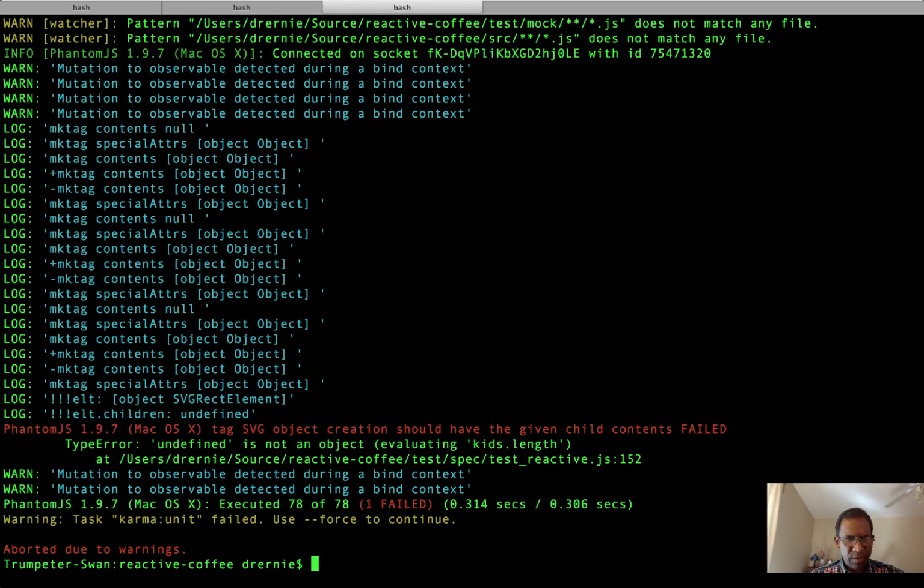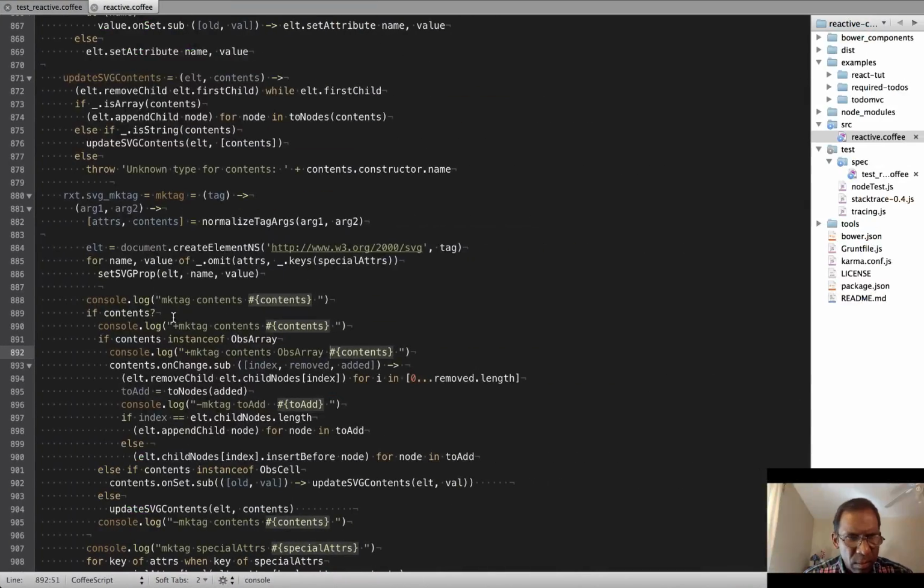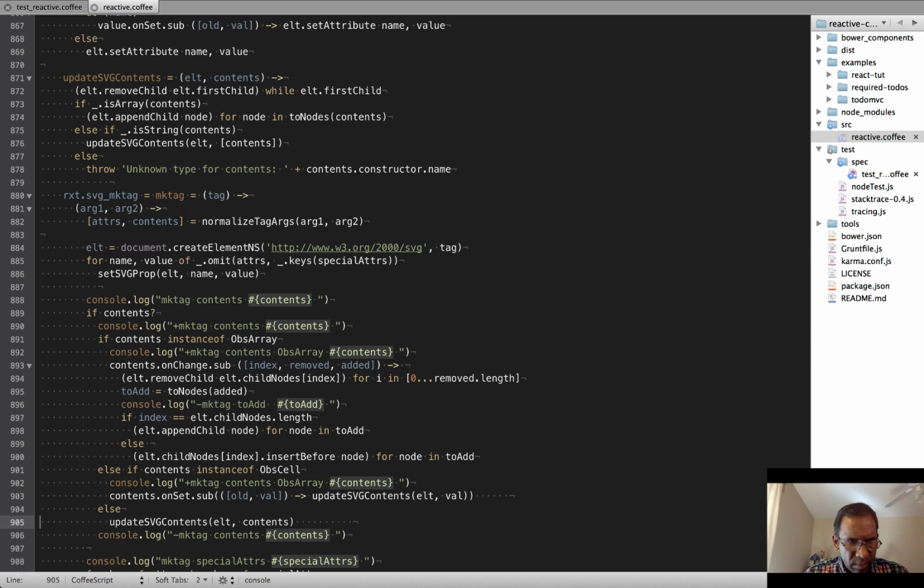It is not treating it as an obs array. And if that's the case, then what is it doing? There are contents, which is something. And then this is obcell. And then this is